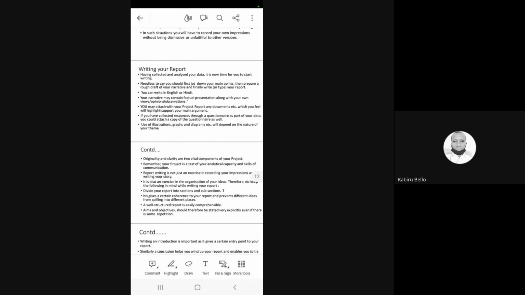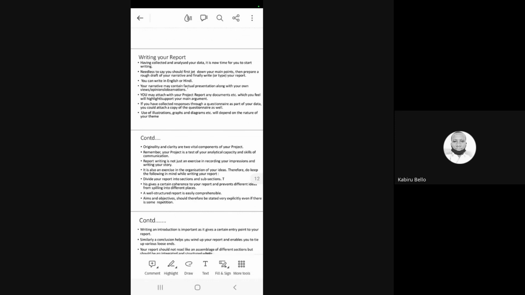And one thing you should remember, don't try to write too much. Whatever you want to explain, you want to project, it should be through your graphs and diagrams. People don't have that much time to go through all the sentences. This is a generic statement I'm making. Of course, there are people who will go through, but they won't go through in detail. But once they find the figures and diagrams, they will start looking again. They'll pay more attention. So you have to make it a little bit catchy.